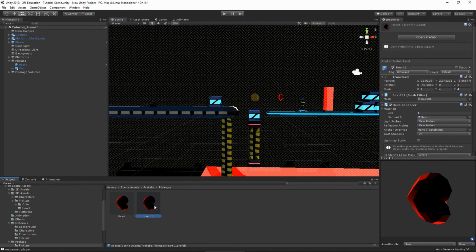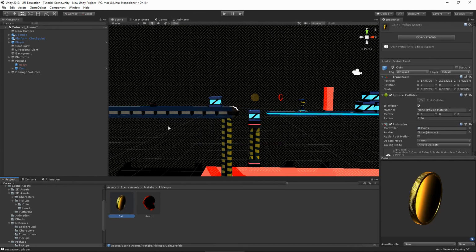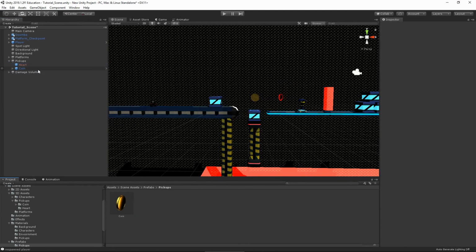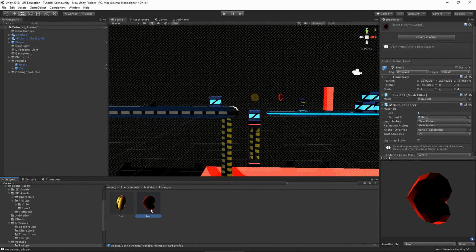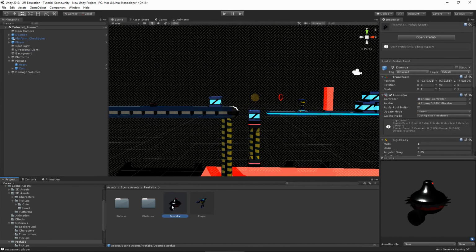And I've accidentally added the heart here twice, so we can just delete these. And you can see when I delete the prefab, the heart goes red, and that means that your prefab is missing. So it doesn't have any data to draw upon, so I'm just going to delete both of them, drag it back in, and it turns blue again. And then we'll just drag in the Doomba, another original prefab,